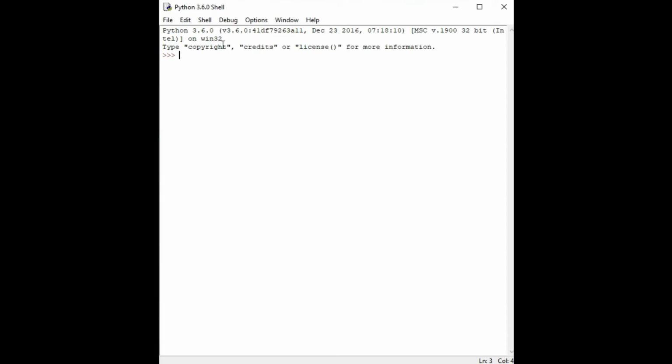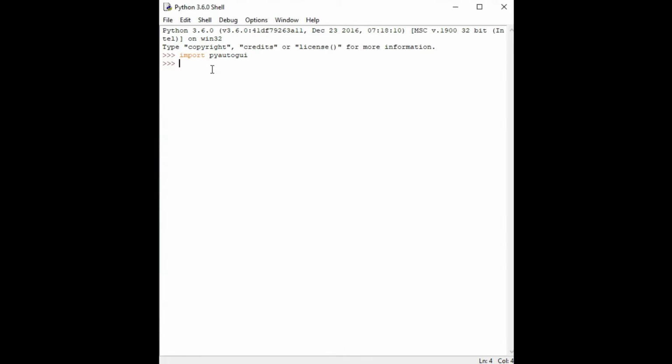Before we do the final program, we just need to type two commands in the shell. It is like calibrating for our AI. Type import pyautogui and hit enter, and it should import without any reply message.